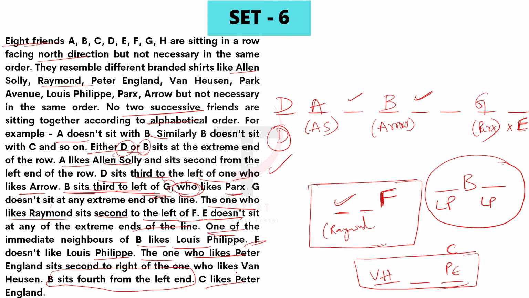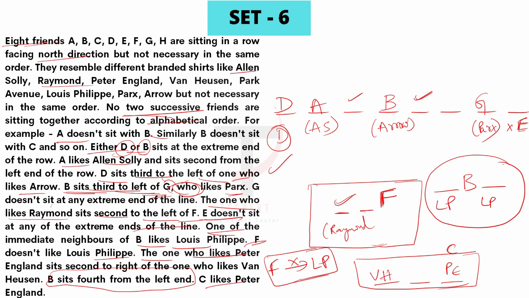F doesn't like Louis Philippe, so let us mark it as F doesn't take Louis Philippe, and this is a fixed arrangement, so let us block it. Now if we get back to the basic rule which is mentioned here,